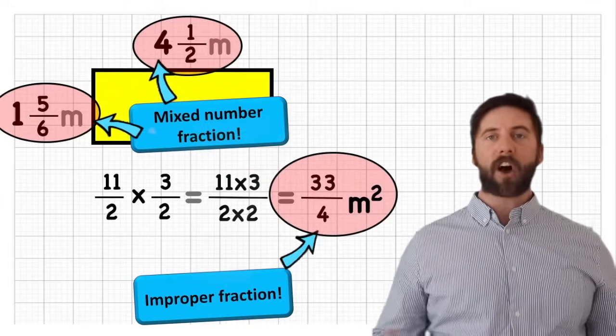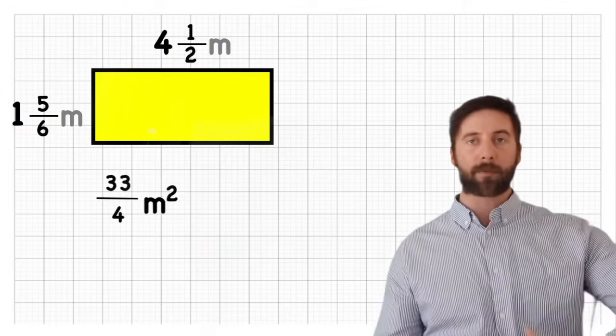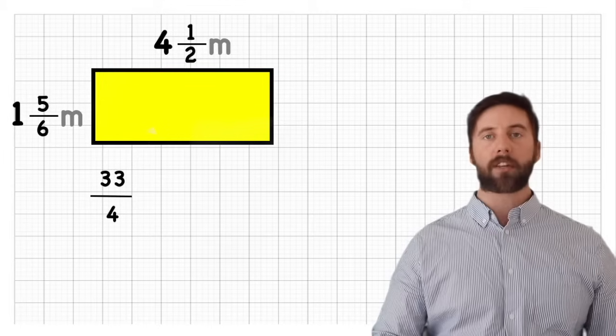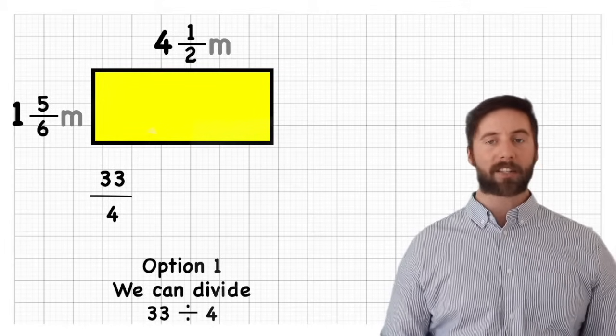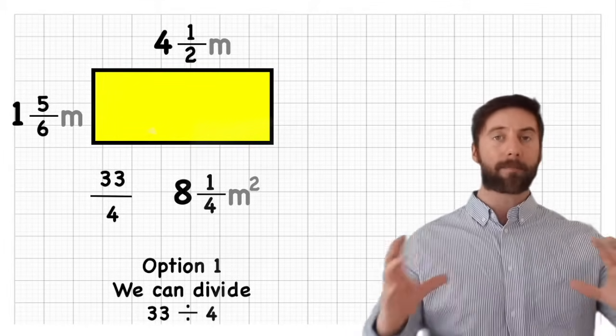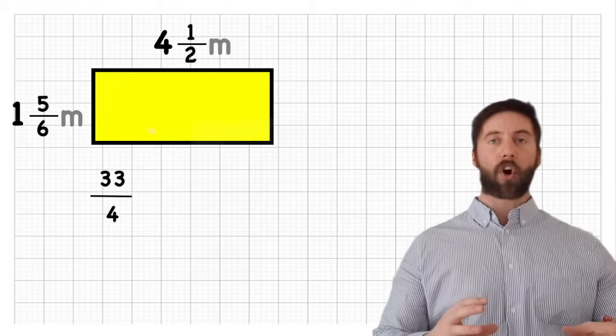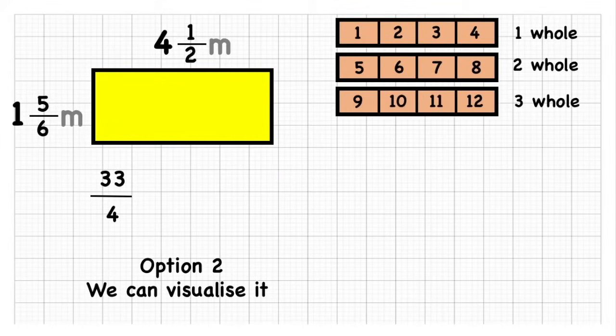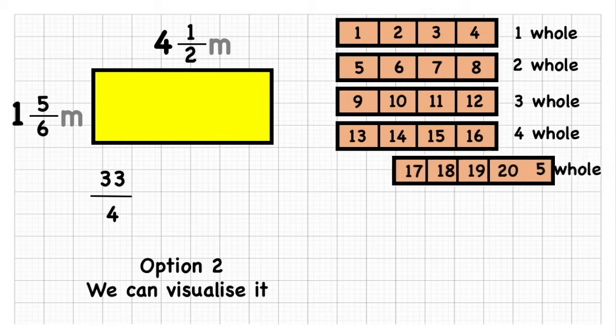Now we can simply divide this if we have a good understanding of switching between improper and mixed number fractions. So we could do 33 divided by 4 gives us 8, remainder 1. But if we need to understand that a little bit clearer, let's think about it back in our chocolate bars. So I've got 33 quarters. So I'm going to create some chocolate bars and split them into quarters and wait till I get 33 of